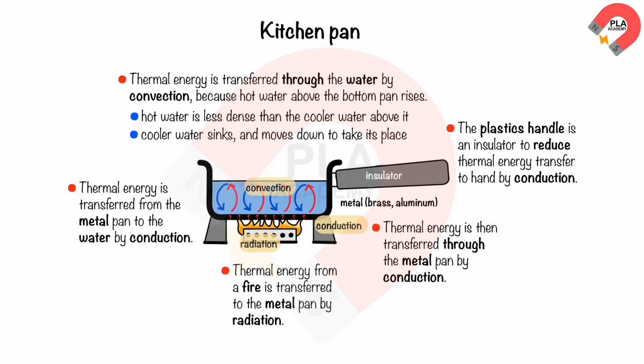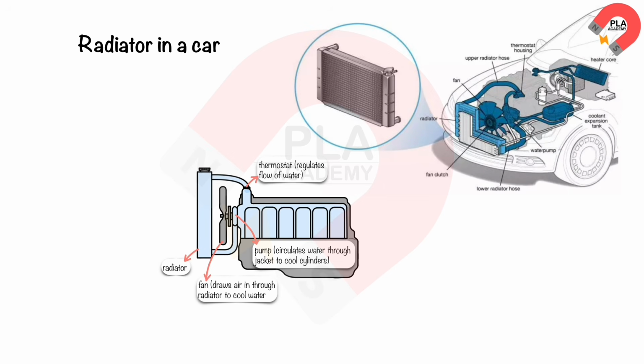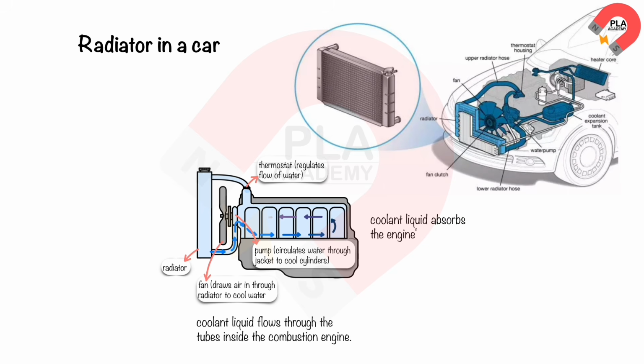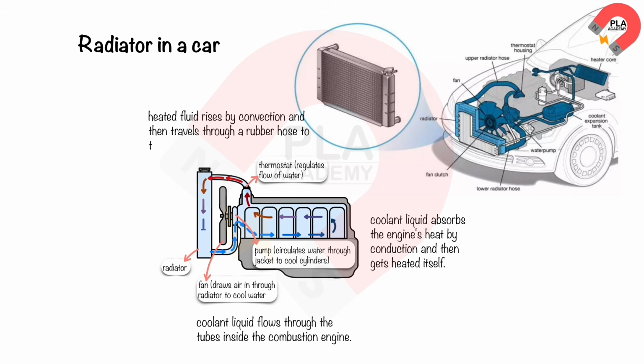Radiator in a car. A radiator is a heat exchanger in a car that helps to keep the engine cool. The coolant liquid flows through the tubes inside the combustion engine. The coolant liquid absorbs the engine's heat by conduction and then gets heated itself. The heated fluid rises by convection and then travels through a rubber hose to the radiator in the front of